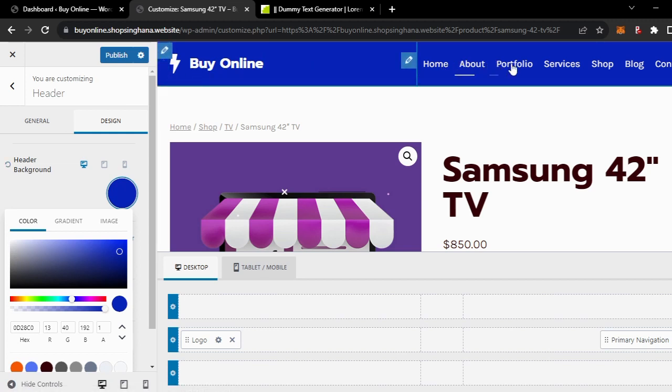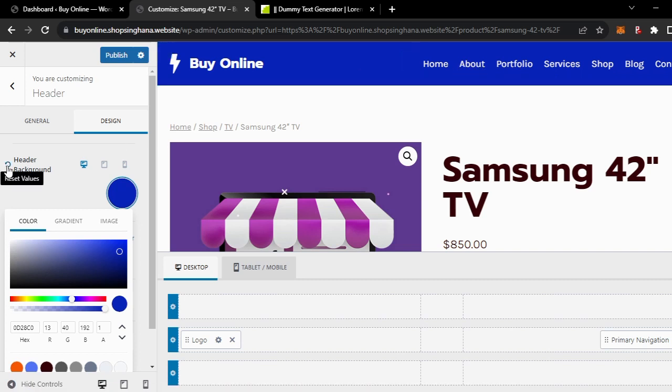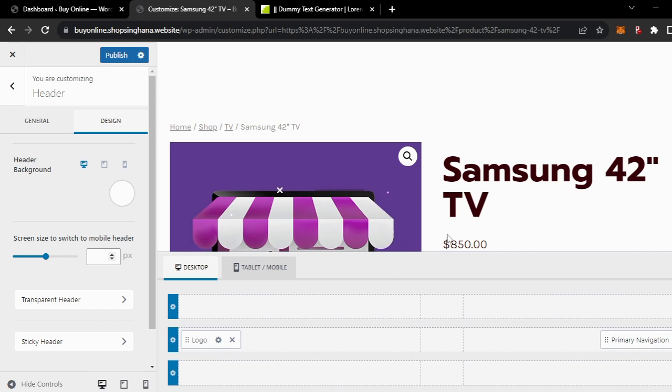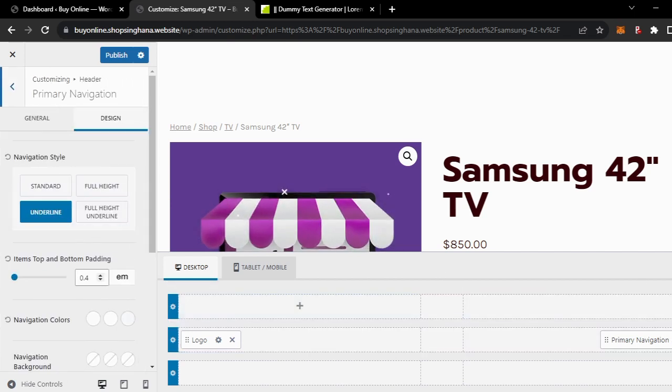What we want to change is the logo, and the background, not really the background, but the navigation settings over here. So we want to change the navigation colors and all those things. So let's reset the values over here and go back, and then click on the wrench icon or the settings icon of the navigation